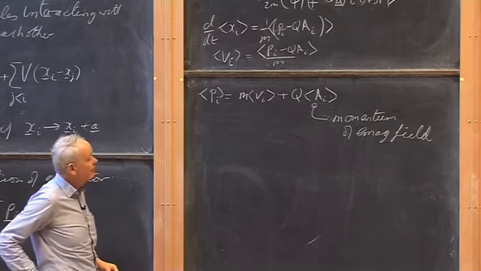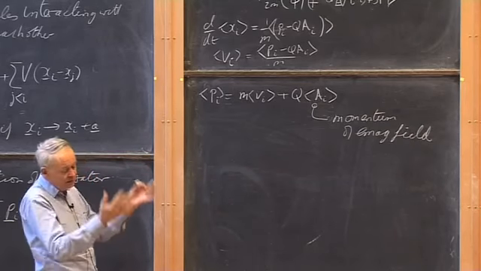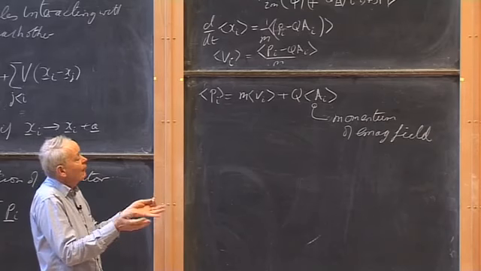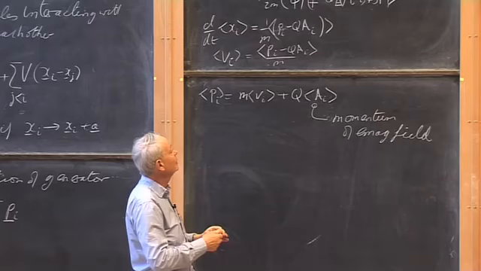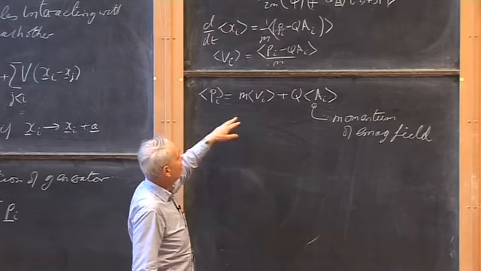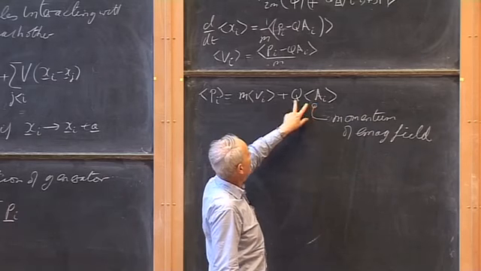The combination of an electric field and a magnetic field makes for a momentum flux in the now electromagnetic field, and there's a calculation which makes it look as if, I think it probably is broadly true, that